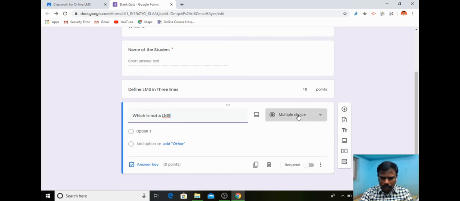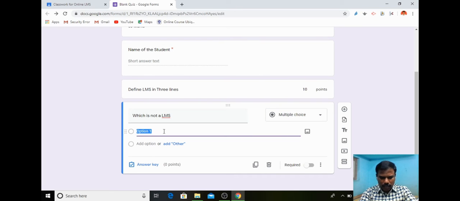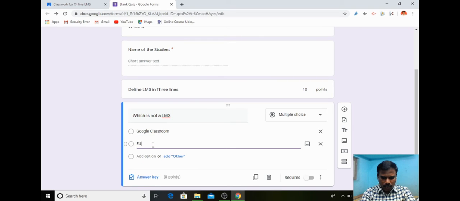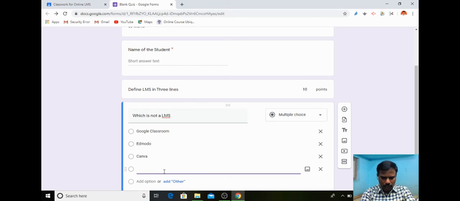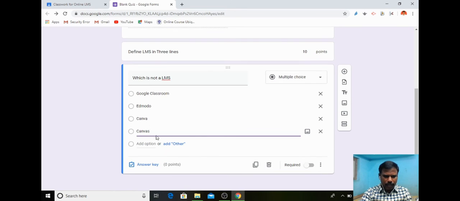So here we can select multiple choice, and option 1 Google Classroom, and you can add option 2 Edmodo, and option 3 Canva, and option 4 Canvas. So I have given 4 options.